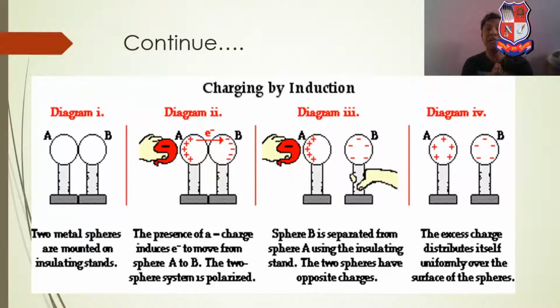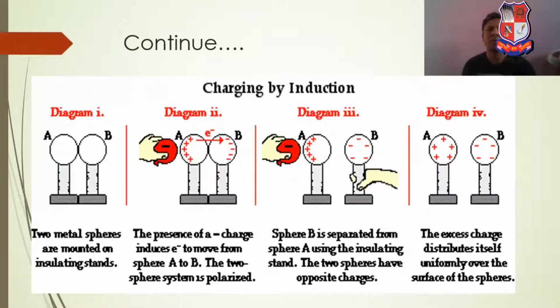This method is used to test high voltage. It is used in high voltage testing. We know that when you go for testing a transformer, one test is called a high voltage test or impulse test. At that time they give a higher voltage, and that higher voltage is generated using this electrostatic induction.